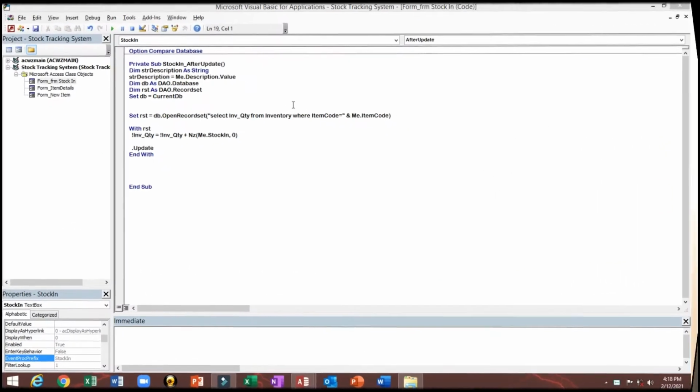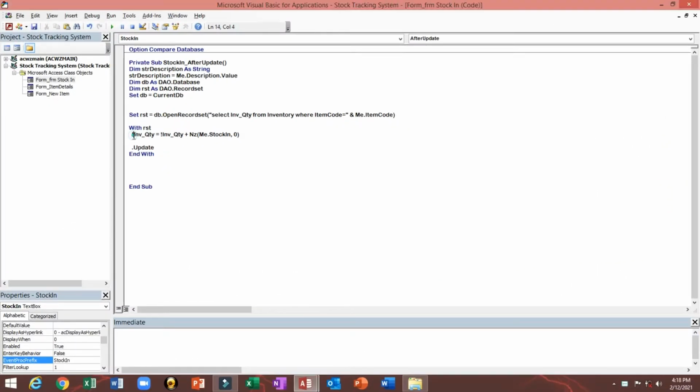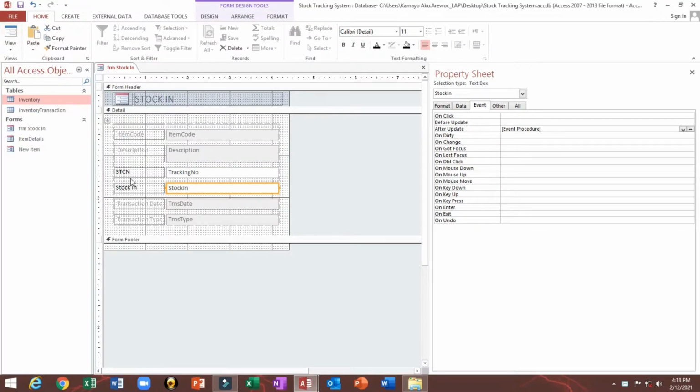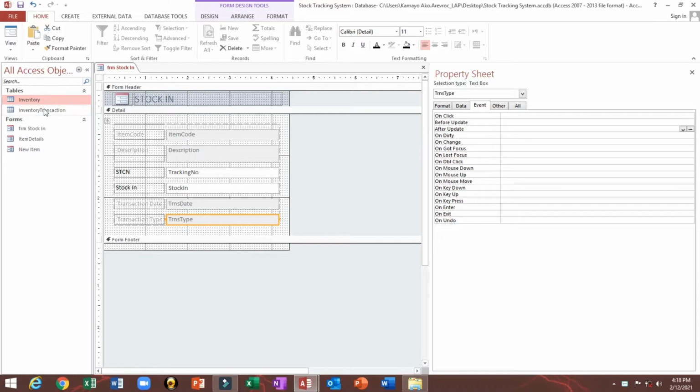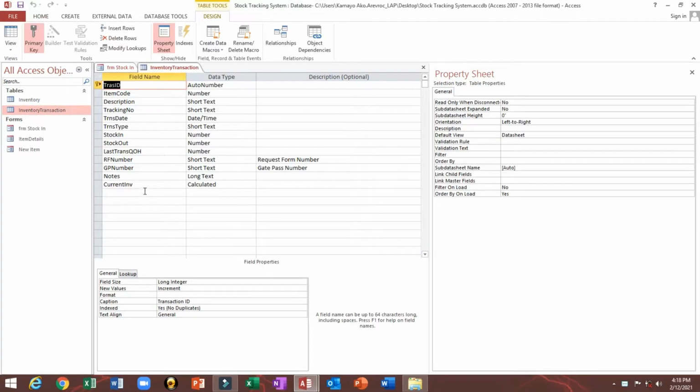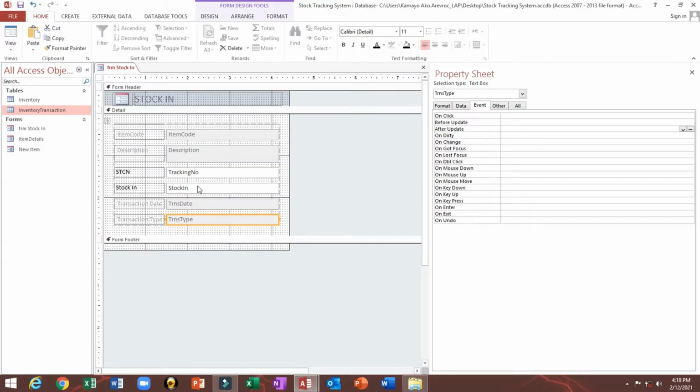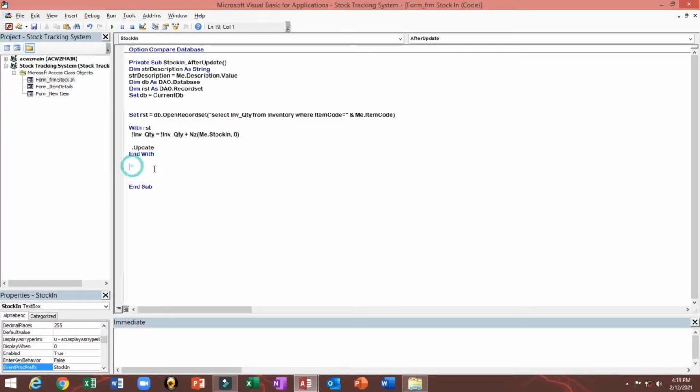Since we already put here our inventory quantity plus the stock in, we also need to stamp the transaction date and the transaction type in order to calculate based on our transaction type. Okay, so after entering our stock in, we will put also here